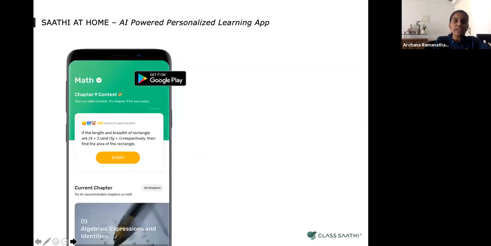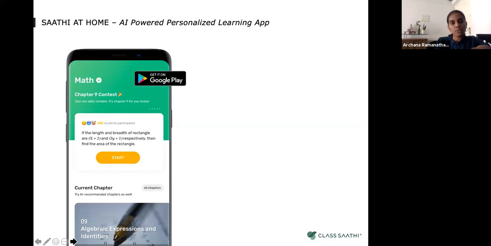Moving on, we're talking about the crux of this webinar, which is Saathi at Home, which is nothing but an AI-powered personalized learning app. And like Pankaj already said, right now it's available only on Android phones at absolutely no cost. The app mainly caters to the subjects of maths and science and to students from classes 6th to 10th.